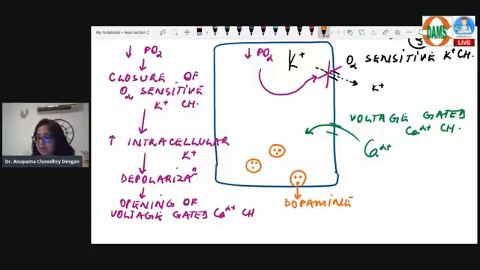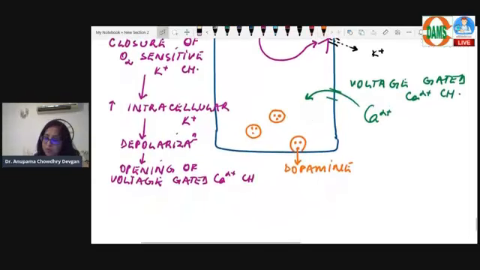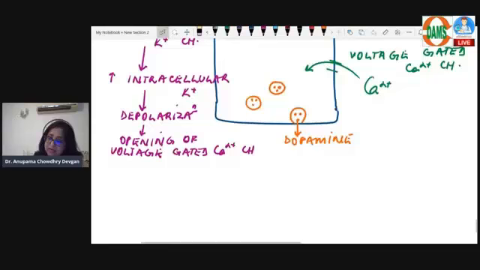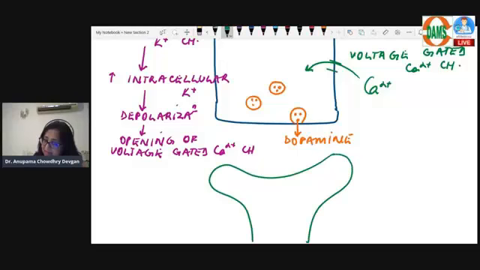Channels which are present on the glomus cells are oxygen-sensitive potassium channels. These are special channels which are present on the glomus cell. Decrease in PO2 causes closure of these channels, increase in intracellular potassium, depolarization, opening of voltage-gated calcium channels, exocytosis of dopamine. Associated with the glomus cell is the ninth nerve, a branch of the ninth nerve